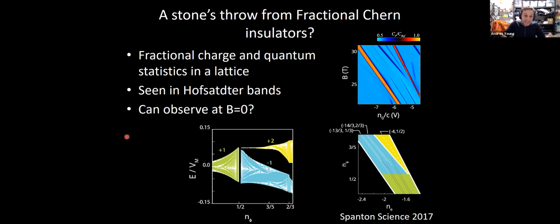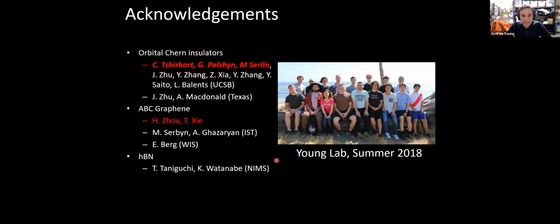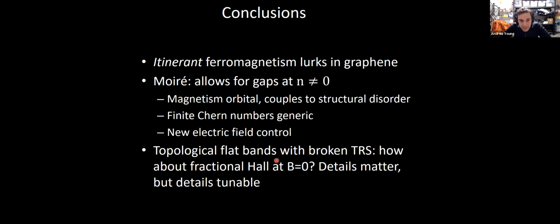In a Moiré system, it may not be so much better in terms of numbers because you have a moiré wavelength that is not so different from magnetic lengths that you can realize, but it may be, and there may be routes to making this physics more robust in new experiments that one can do. So this is, I think, where we are going with this basic physics.